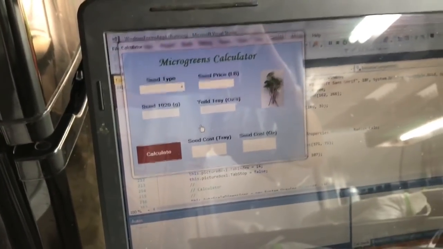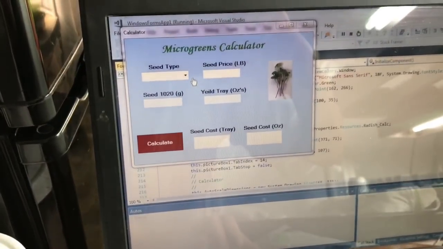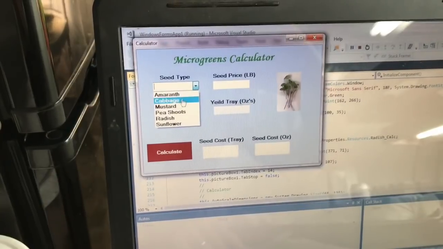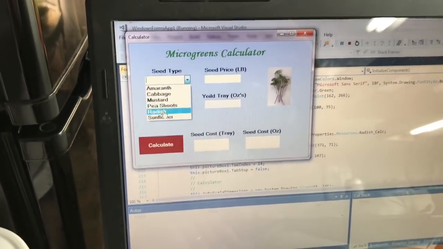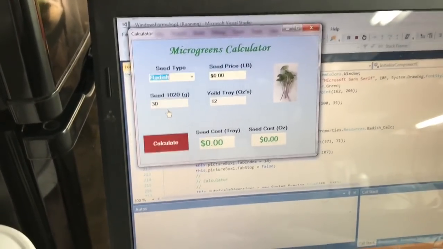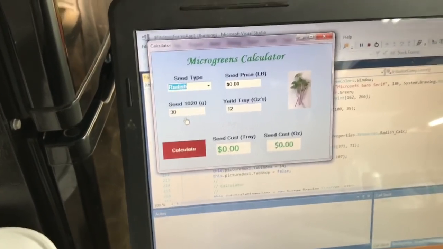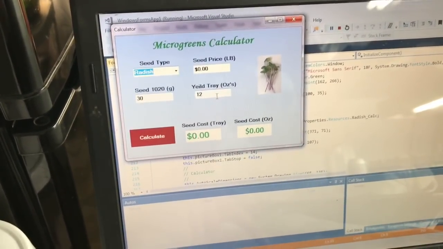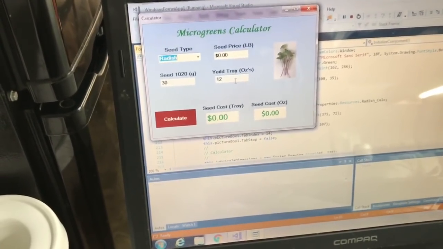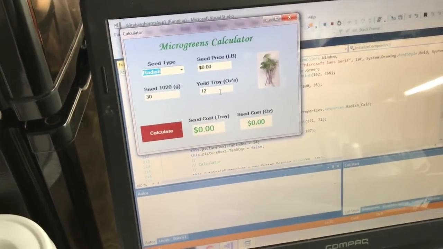It's really simple. And I haven't included everything yet. But you can see here, you've got a drop down. I've got some seeds already in here. I have to add some more. Let's say radish. I think I used 30 grams of seed for that, but I'm going to weigh that again to make sure. And I say you're going to get 12 ounces per tray. And that's actually a pretty conservative number. 14 is probably more like it, but I didn't want to